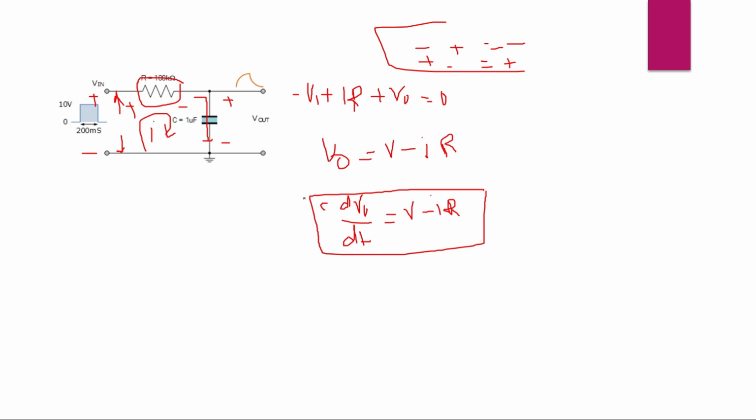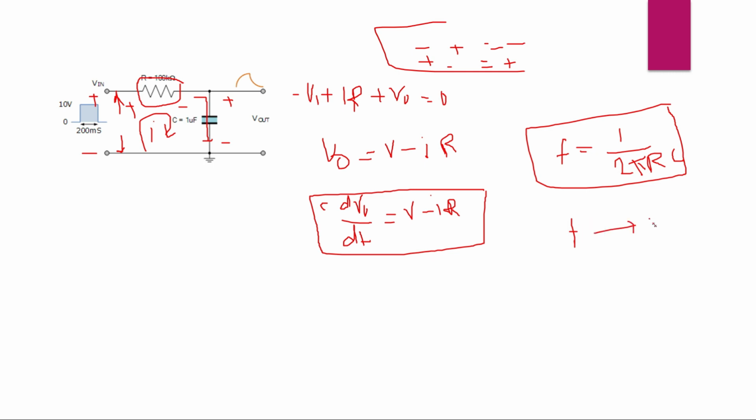By choosing specific values of R and C, where F equals 1 by 2 pi RC, which is called the cutoff frequency. The cutoff frequency means that up to this frequency you can allow the signals. If it exceeds, if it is greater than that, you should not allow the signals. This is the condition we keep by choosing proper values of R and C.